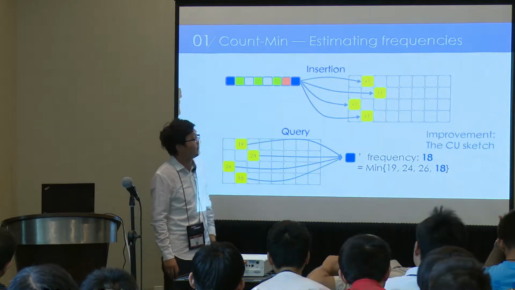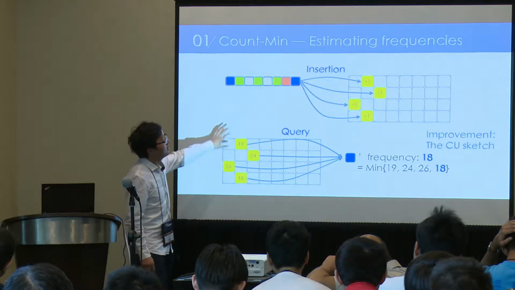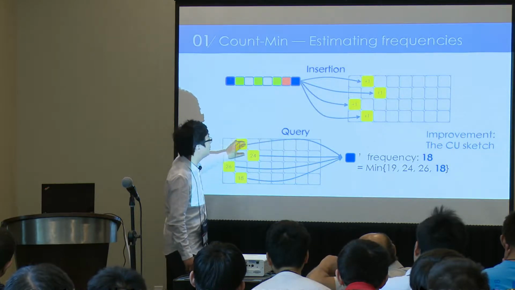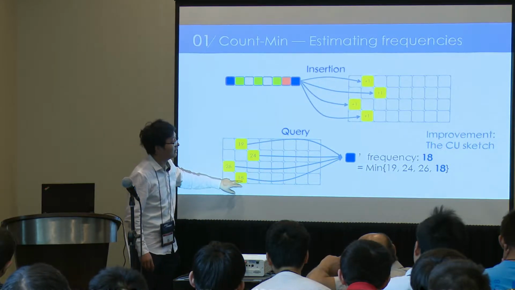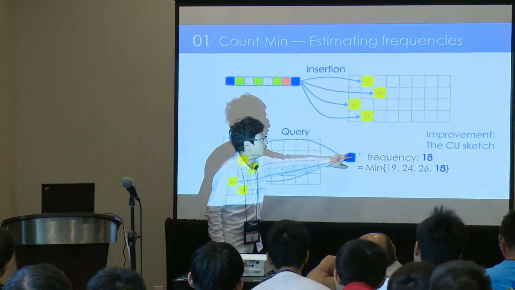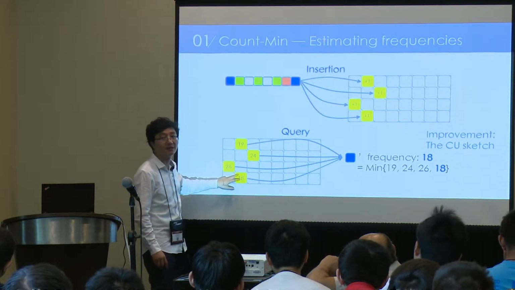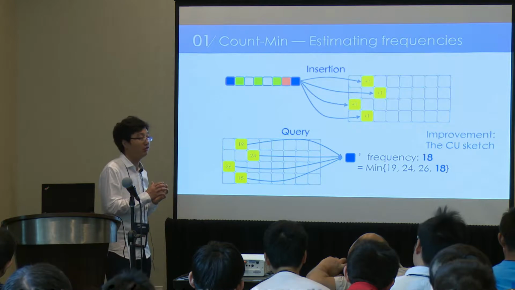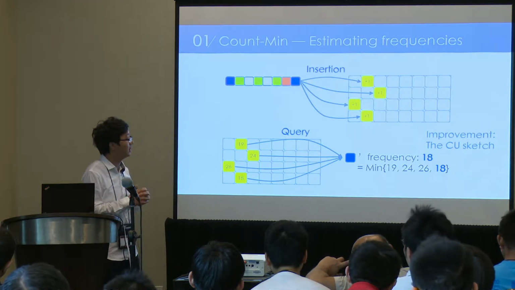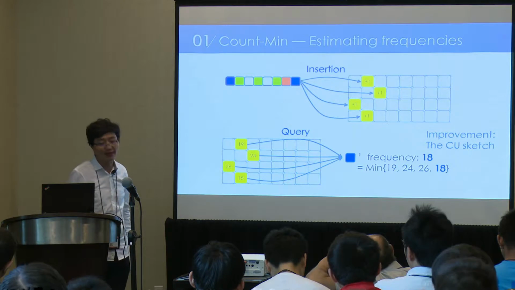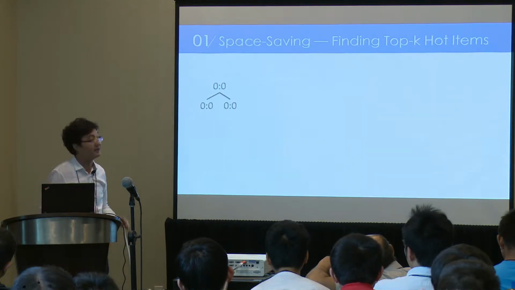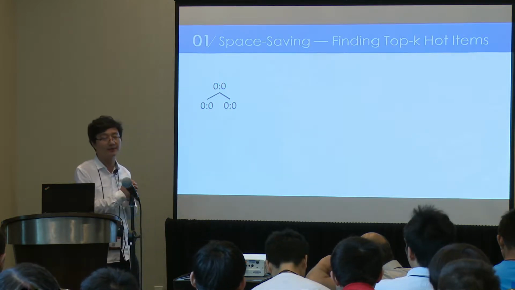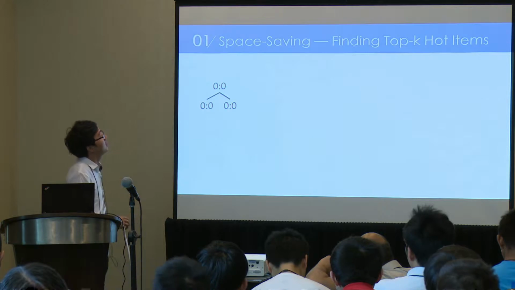And a simple improvement is called the CU sketch. CM sketch just increments all the mapped counters. But the CU sketch only increments the smallest one. If we insert the blue item again, we only increment the smallest counter by 1. This is the CU sketch. CU sketch also has only overestimation error, but it is much more accurate than the CM sketch. And this is for frequency estimation. And the second task is called finding top k